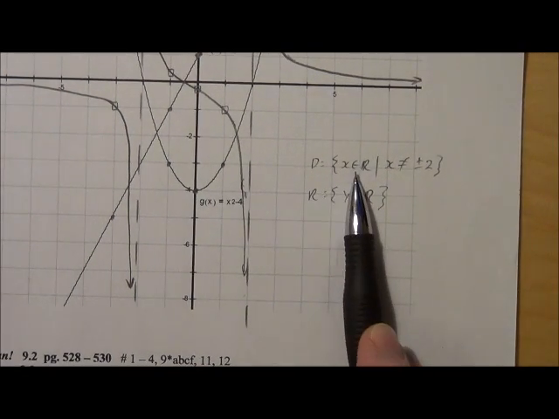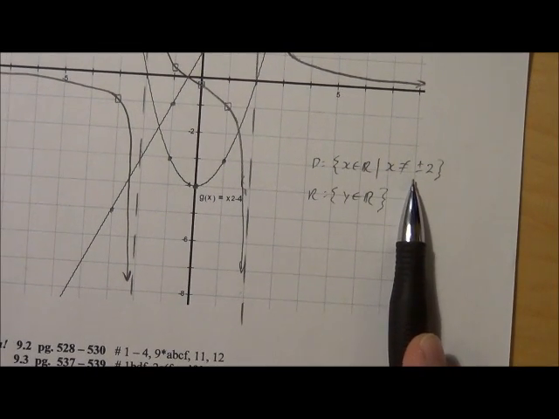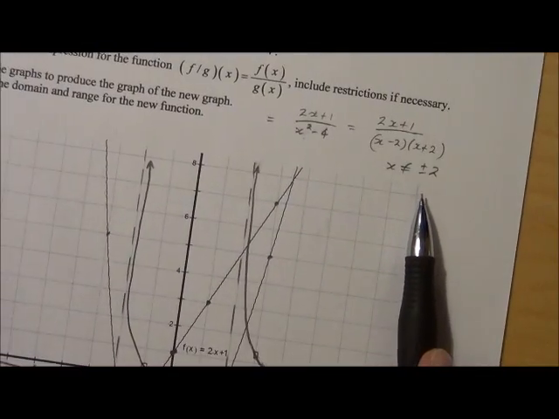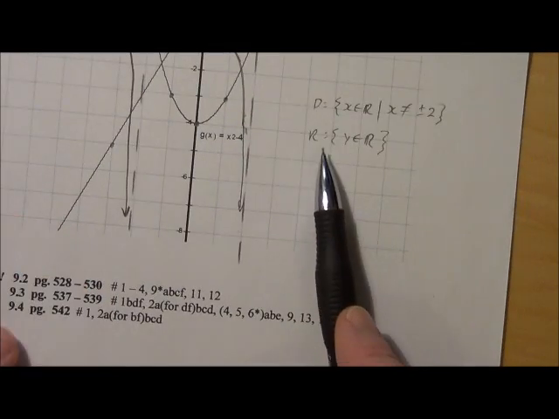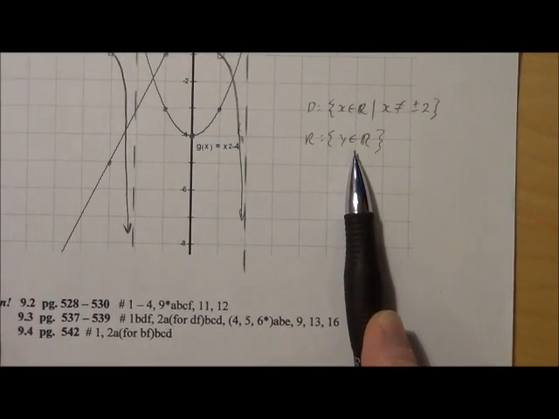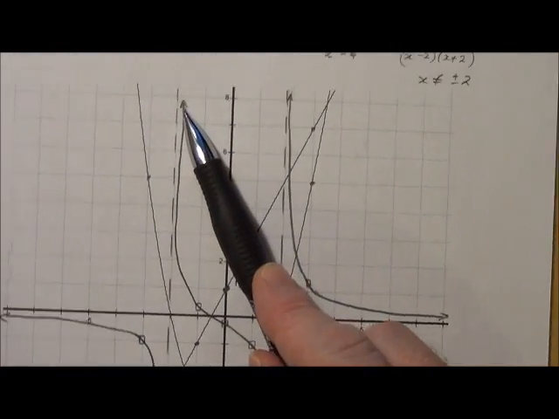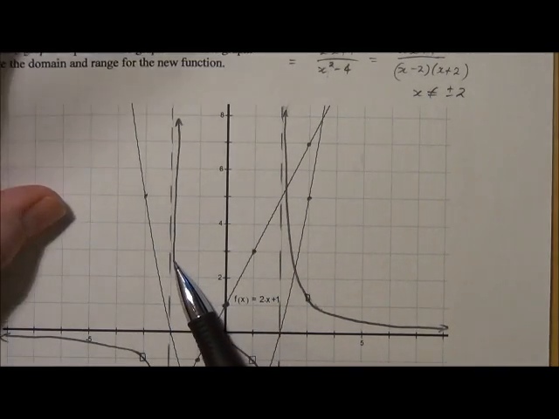And then for the domain, x is an element of all real numbers such that x cannot equal plus or minus 2, which is the same as the restriction for the denominator. And then the range, y is an element of all real numbers, because this middle branch goes all the way down from positive infinity down to negative infinity,